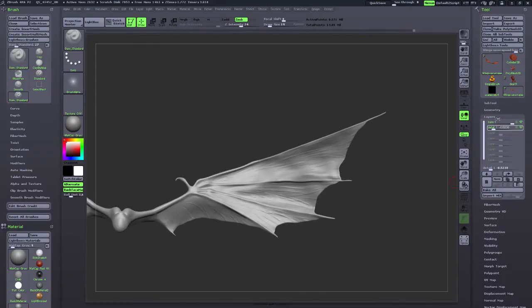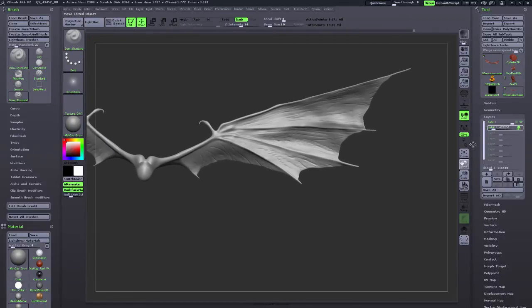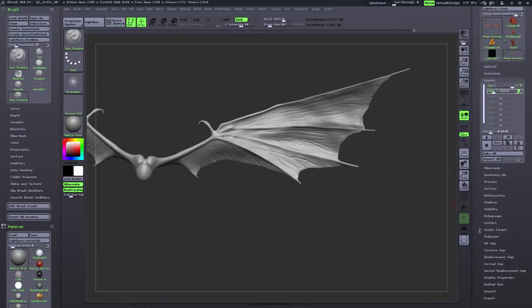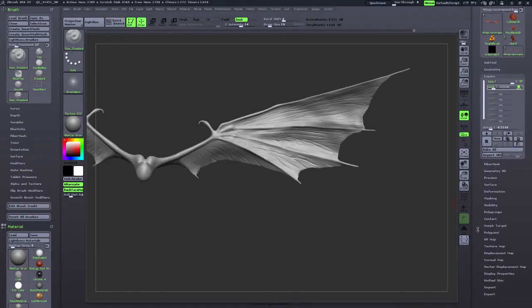But I think I want to break it up a little bit, so I'm going to go back into record mode. And this is ZBrush thinking about 6 million polys right now. So bear with me. I really try not to click and get impatient when it's thinking, because that's what results in a crash. Okay, so I'm back to